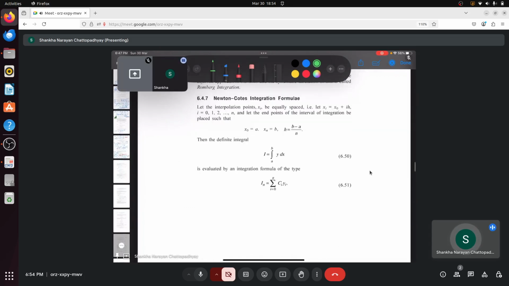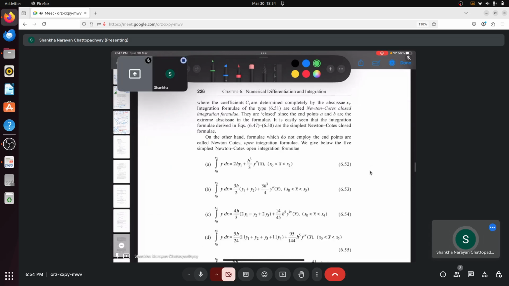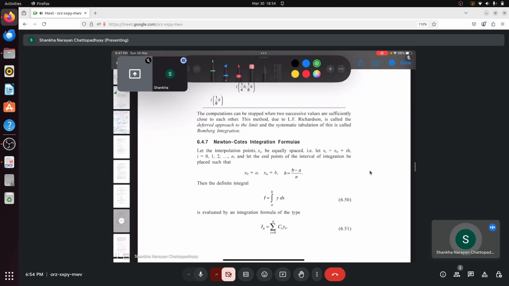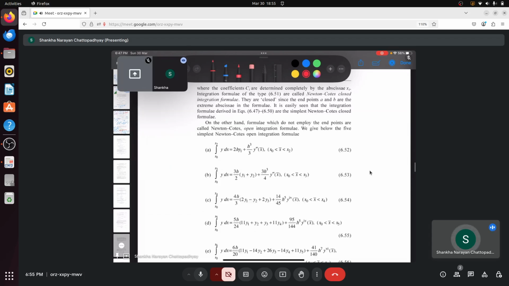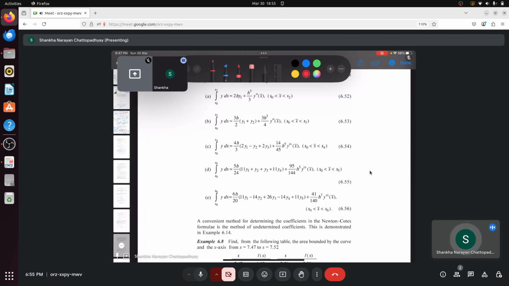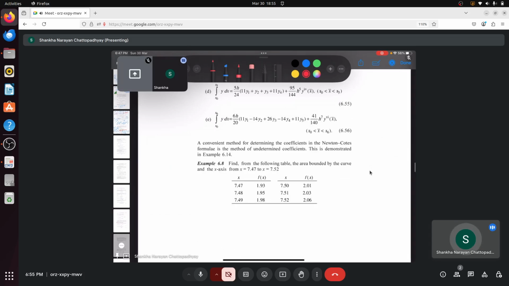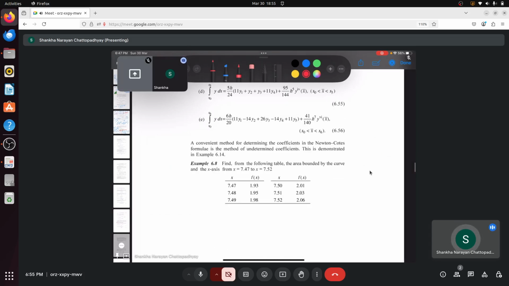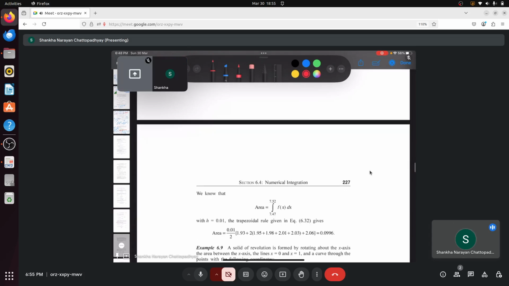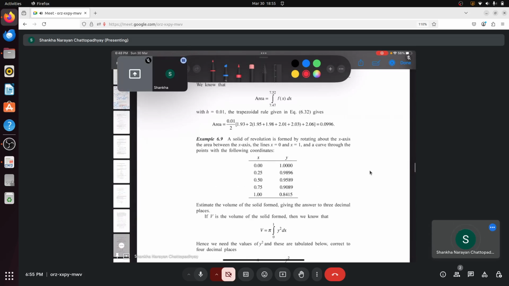I will not discuss these things, but I request you to go through this part, this Newton-Cotes integration formula. This is a very interesting one, you just go through it. I have already uploaded the book, and you just try to learn them up. Okay,